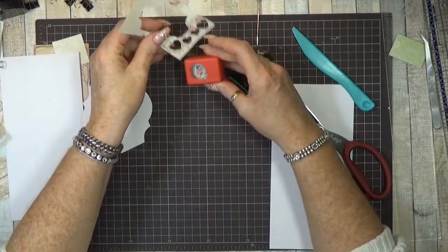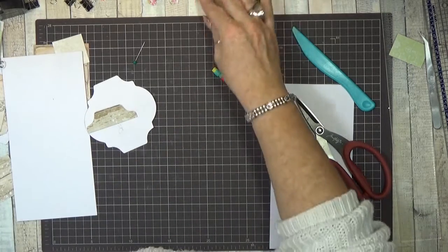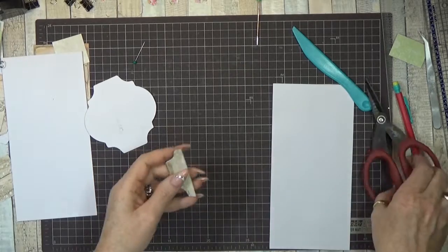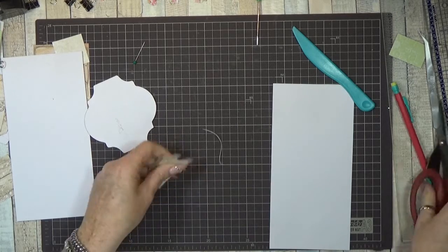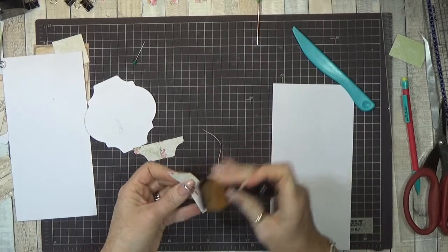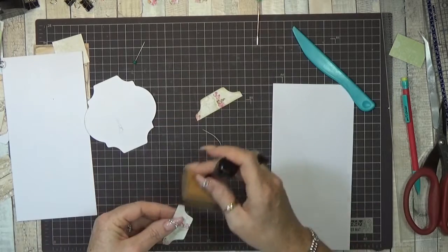There we go. Yep, the rest I leave it. Just a few because of the pink background. Okay, back to our little tab. So I'm going to cut these two loose from each other. Oh, very nice background. So I'm going to use this piece, because we don't have that much of this